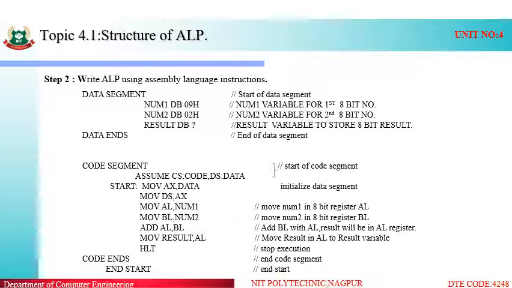So we have defined our two numbers. Now in addition to this we have to store the result. So for storing the result we are taking a third variable, that is result. The result of two 8-bit numbers will be an 8-bit number only, therefore we have taken it as db. And what the result will be we don't know, therefore a question mark.